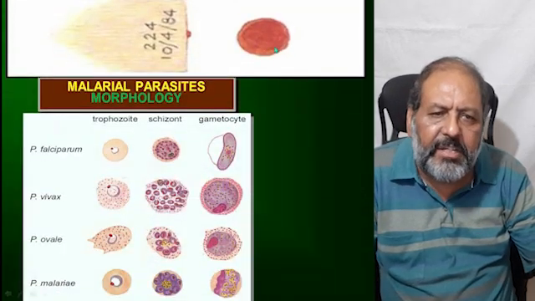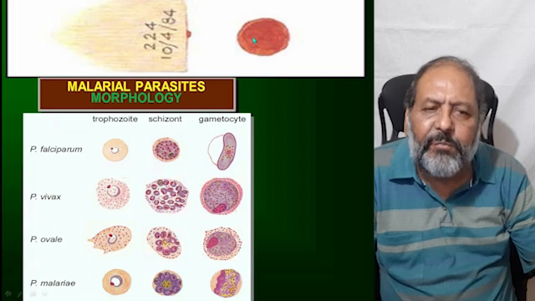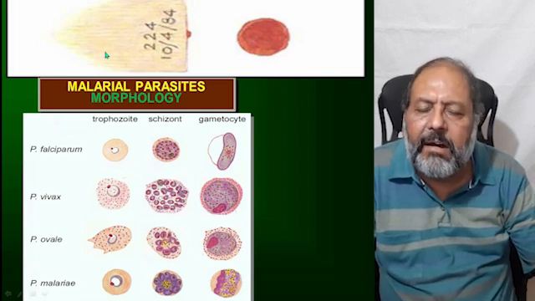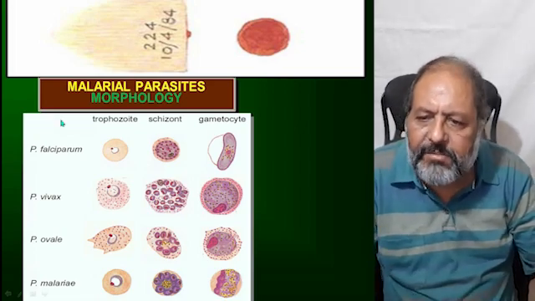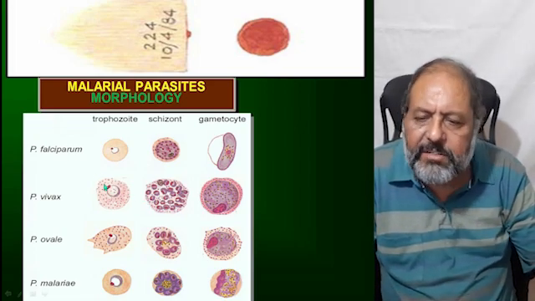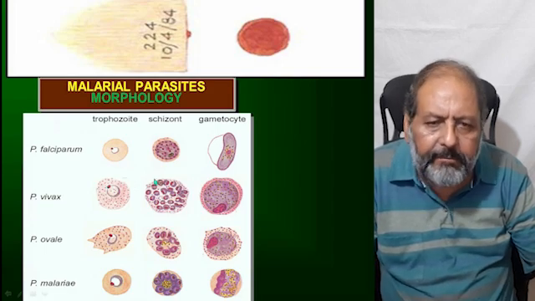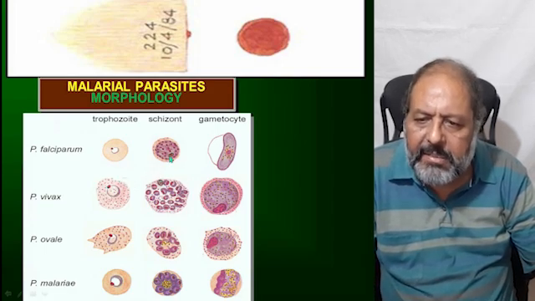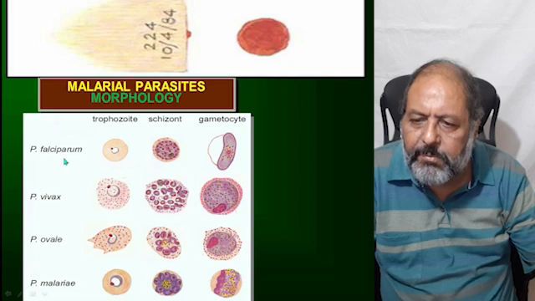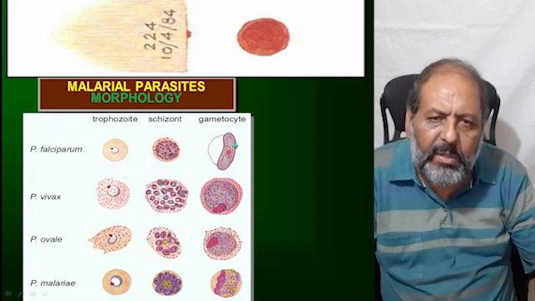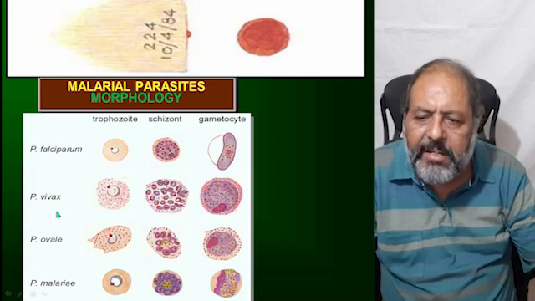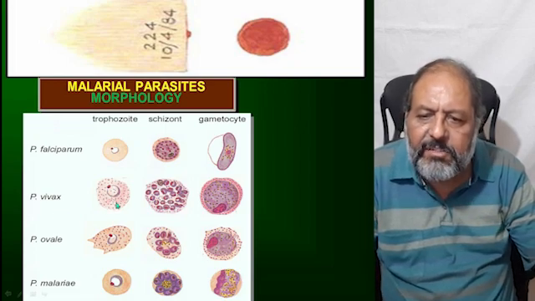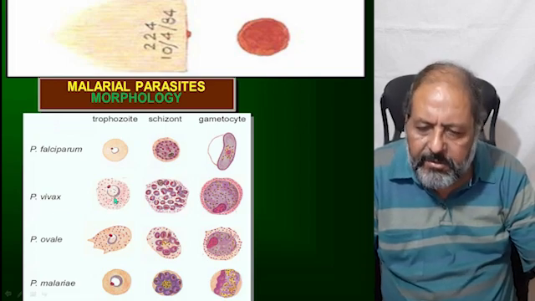As one can see here, that is the thick film to see the density of the parasite, and that is the thin film to see the species of the parasite. And here one can see these kinds of things under the microscope. So that is the schizont of Plasmodium falciparum, and one can see the gametocytes in the blood like this. Similarly, in Plasmodium vivax, one can see the trophozoite like this,